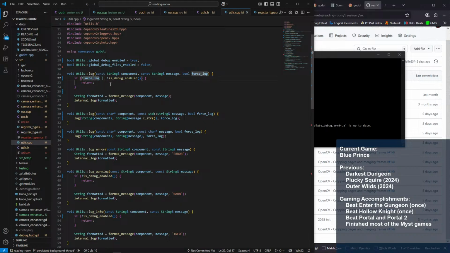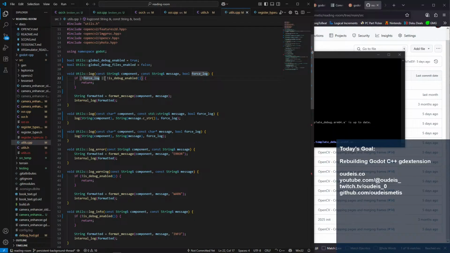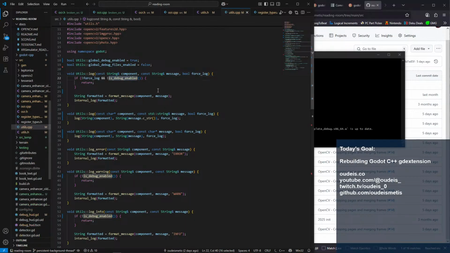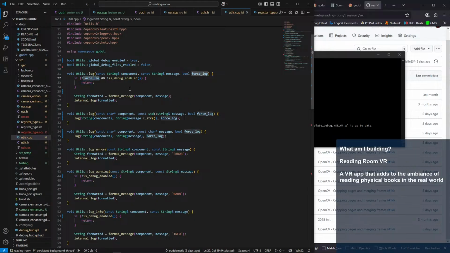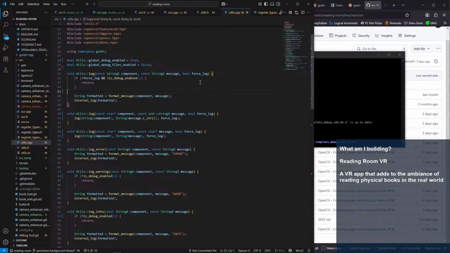If we either, oh, that's why this is an ampersand. Because if force log is false and is debug false, then we return. As long as one of these is true, then we continue. But there was the other if statement here, so that was still a bug. That was basically saying only ever log if we're ever forcing. So that might have been the real issue.